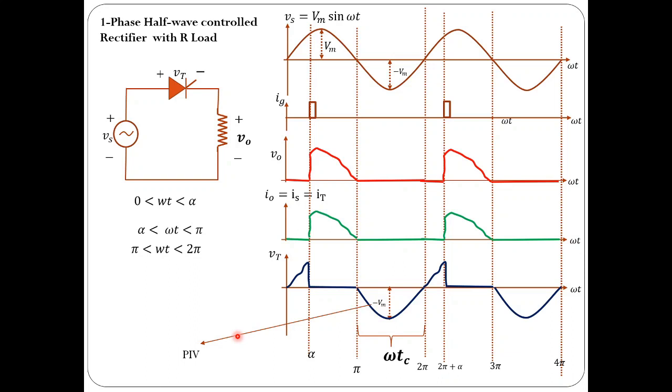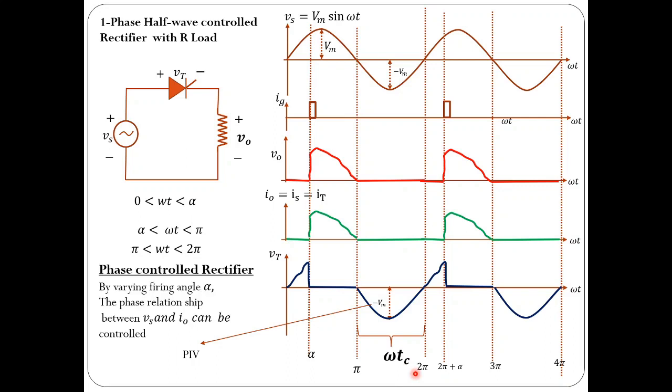And coming to circuit turn off time. So what is circuit turn off time? Once the current through the thyristor became 0, for how much duration are you applying reverse voltage so that the thyristor can be driven into the off state. Now see, once the current became 0, we are applying reverse voltage, negative voltage, across the thyristor for omega into Tc time. So this period is equal to pi radians, which is equal to omega into Tc. Now the time period taken is Tc, then omega into Tc is equal to pi radians. So that way, one can find out the circuit turn off time also.